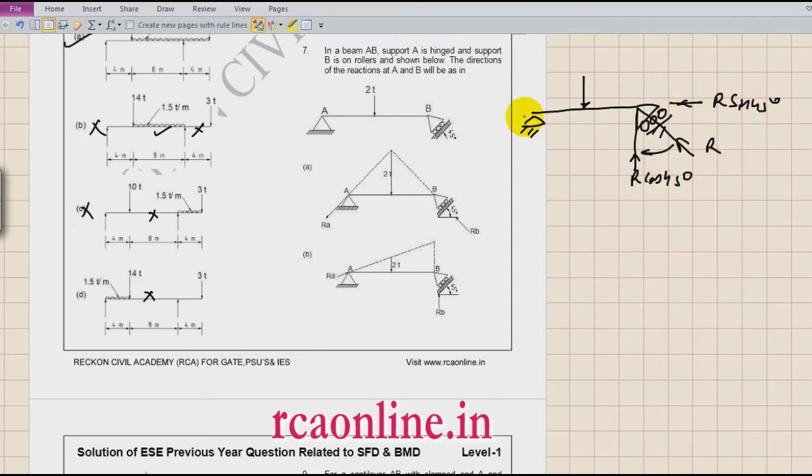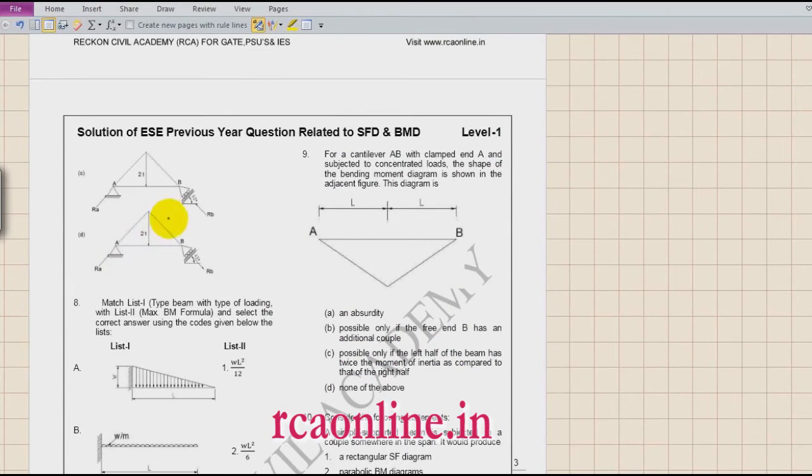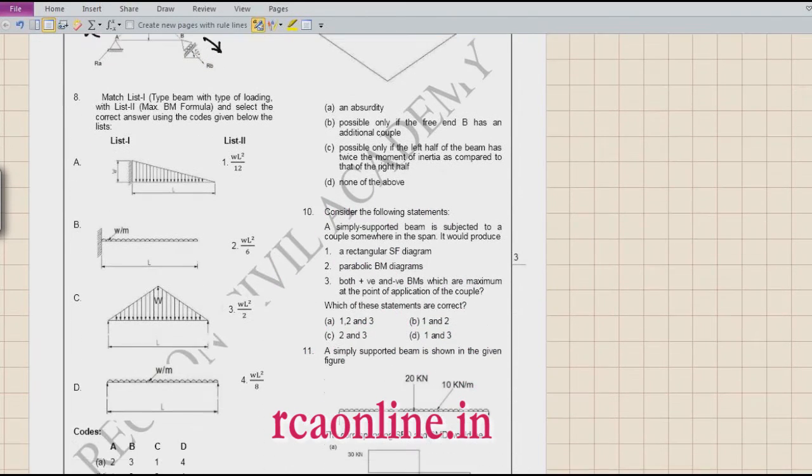Is it okay? Now if you see again, because of these two, I will be having two reaction here, Ra and Ha. And what will be the resultant? Resultant will be something like this. Now if you see which of the option is correct. This option, no, the resultant is going in this direction, so this is not correct. In this, it is giving that Rb will be in this direction, no, it will be like this, so this is also not correct. Now if you see this, then this is the right. Okay, why this is not right? Because Rb is going in this direction, which is not correct. Now take the next question.